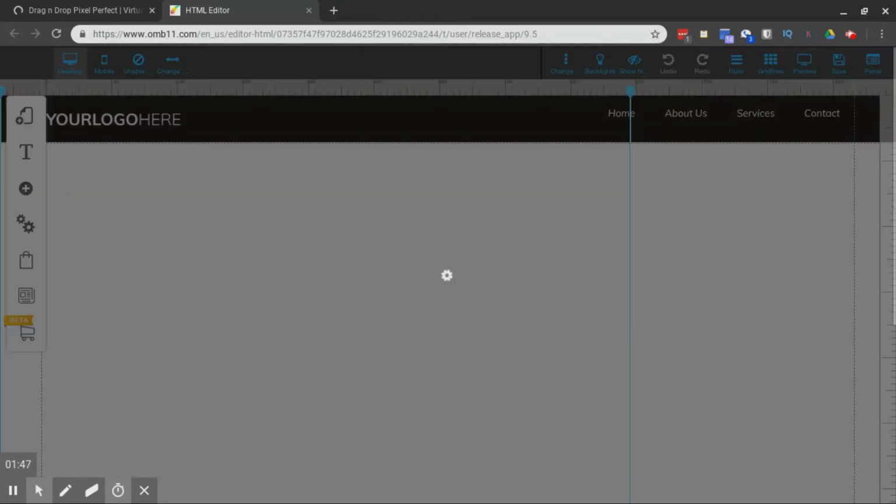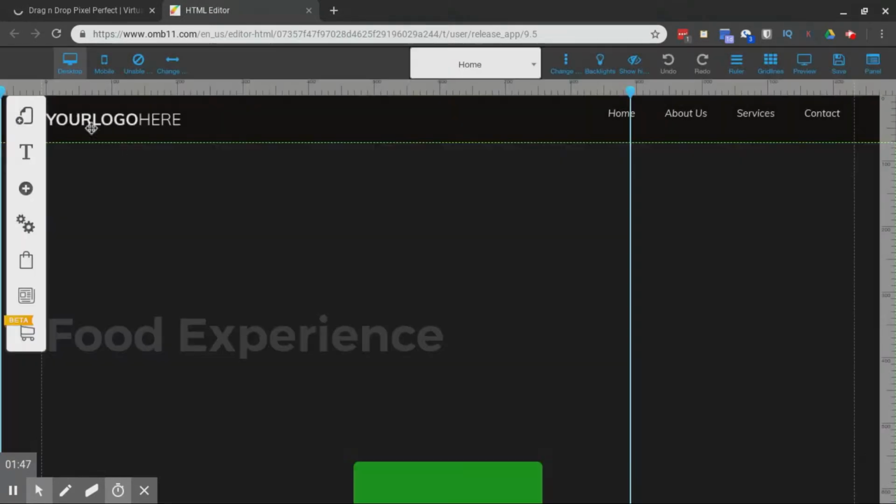I'll show you how easy it is to edit these things so you get an idea of how quickly you could take something that was already set up and tweak it to your own needs and make it just yours, and then publish it to the website. And it could take you anywhere from a few minutes if you didn't have to make a lot of changes to several hours, depending on how much content you're putting on your website and how many links and that kind of thing. But as you can see, it's loading in,